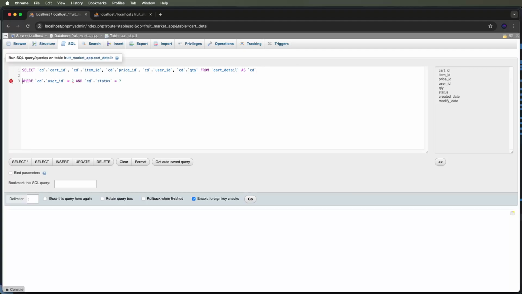Now another table needs to join here, the item table. We need to write down here the inner join, and inside this inner join the item table needs to be bound. Write down here item details as id, and on method we need to set here the id dot, we need to call here